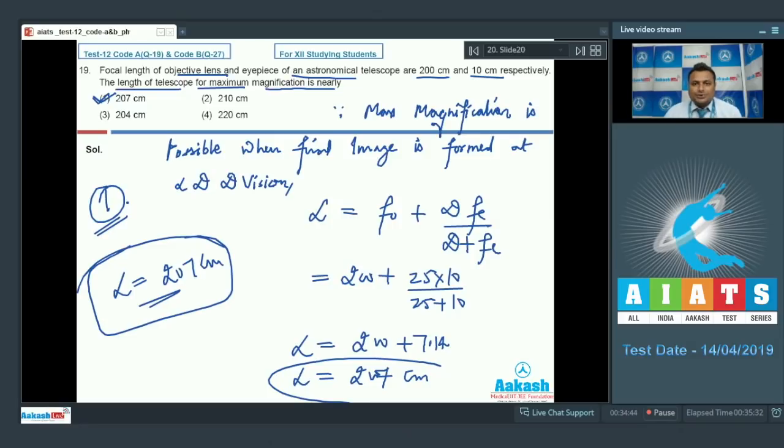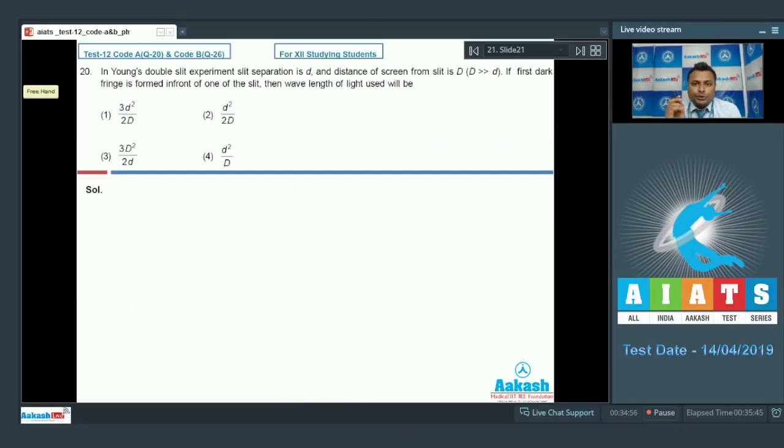Now move on to the next, that is 20. Here is question number 20, everyone. In Young's double slit experiment, the slit separation is small d and distance of the screen from the slit is capital D, given that D is much larger than small d. If first dark fringe is formed in front of one of the slit, then the wavelength of light used will be what? Now this is the screen, suppose,